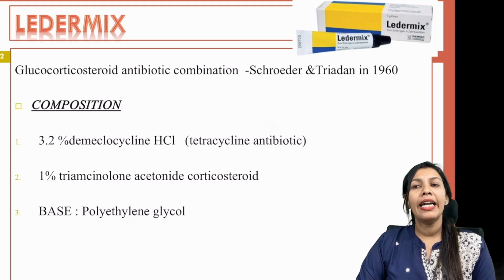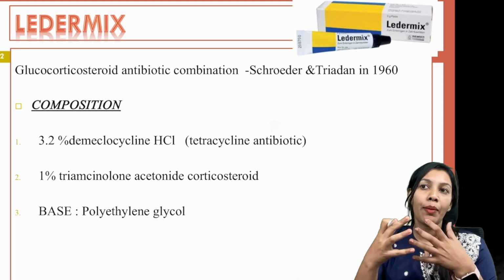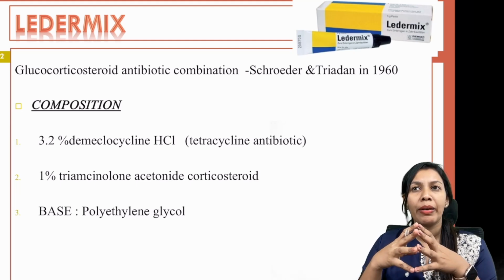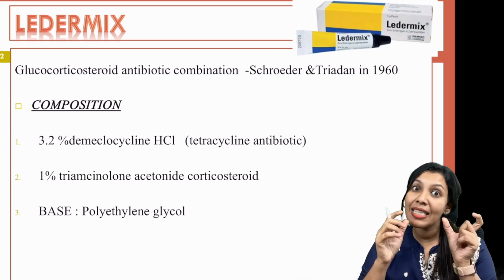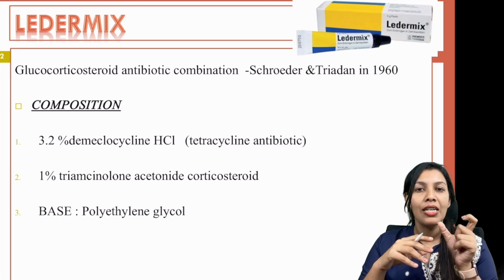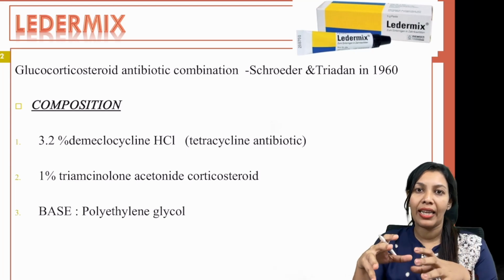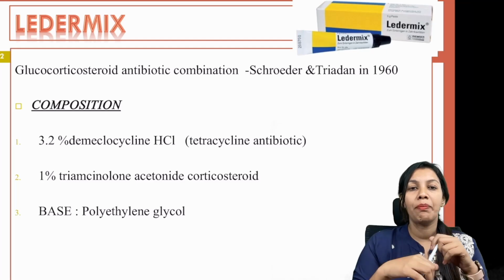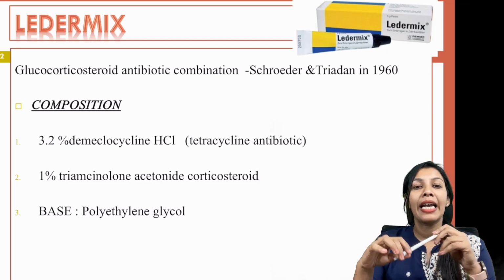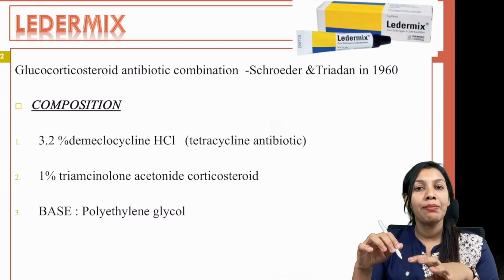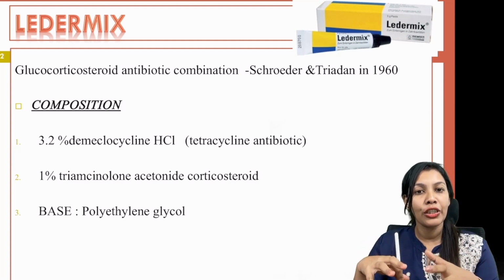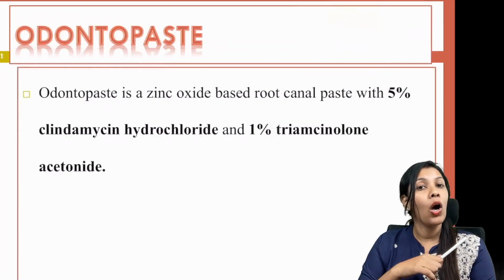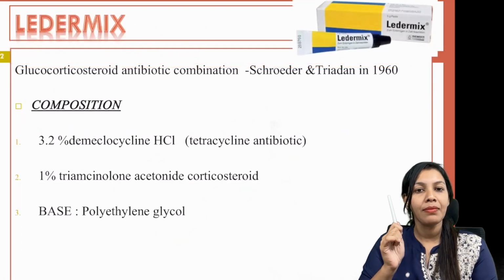Leather mix. When we think about the medicament which is used for treatment of most of the conditions, like steroids, think like that. It is a leader of medicaments. Leader. So leather means there is a steroid in that. The glucocorticoid steroid combination is called leather mix. Again, it consists of an antibiotic, that is demeclocycline. It consists of a corticosteroid, that is triamcinolone acetonide, which was seen in the earlier odontopaste OCT, and a base,